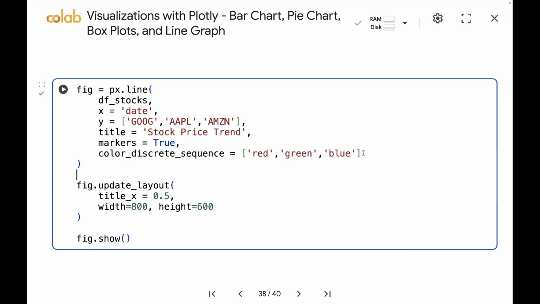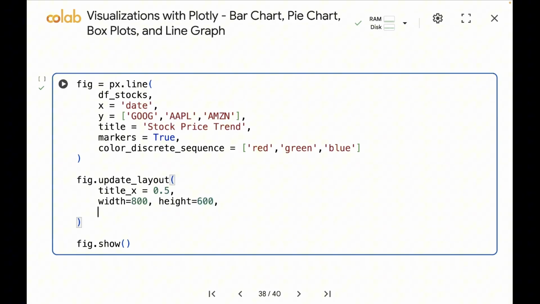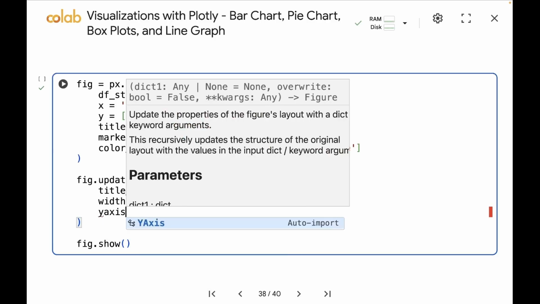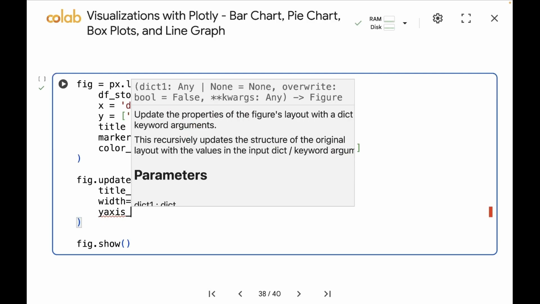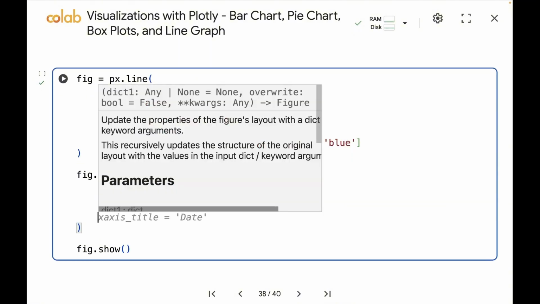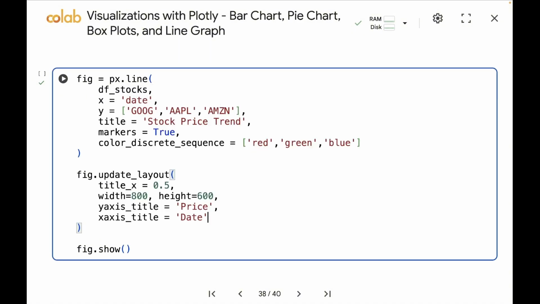So that's because we have three stock prices, right? We use red for Google, green for Apple, and blue for Amazon. And if you want, in the next function, update layout, let's quickly do y-axis title equal to price. So horizontally and vertically, the vertical axis represents the stock price level, and for the x-axis we can say date, right? Because previously